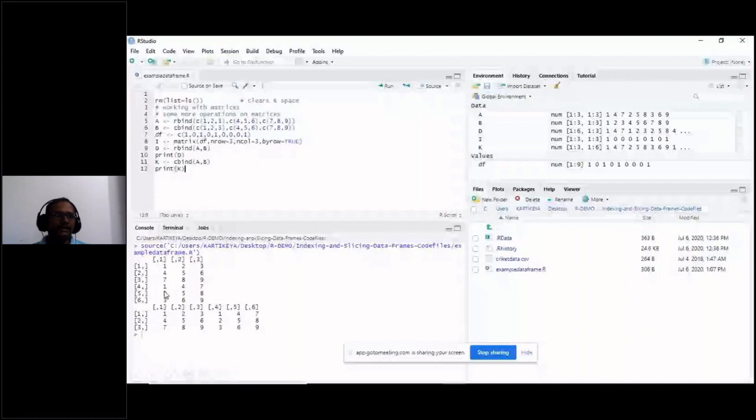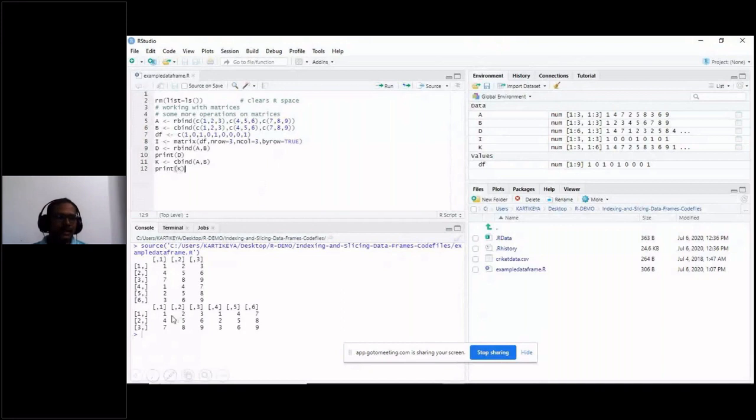Now when you bind them, rbind A comma B, if you have written this command, what it will do, it will arrange A matrix above and arrange B matrix below the A matrix, row wise concatenation. See, 1 2 3 4 5 6 7 8 9, 147 258 369. Like that, if I want to combine these two matrix elements column wise, then you have to use the command cbind A comma B. So if I write C, meaning that B values are placed adjacent to A values.